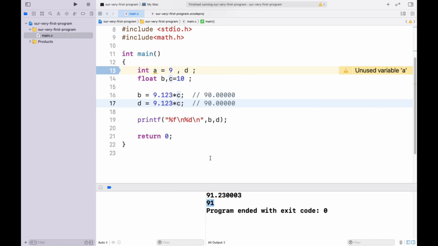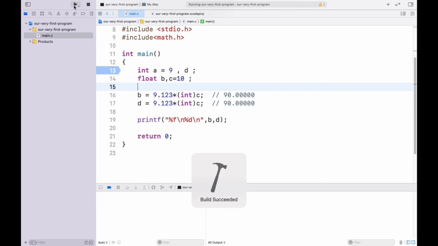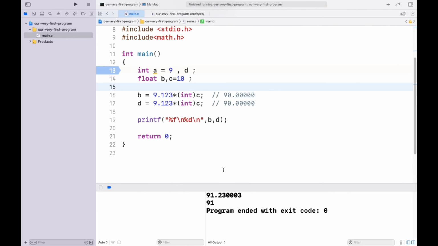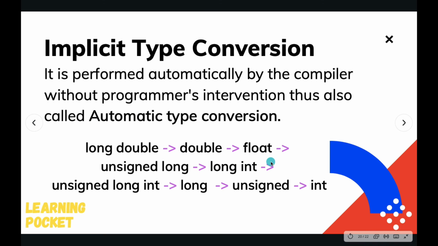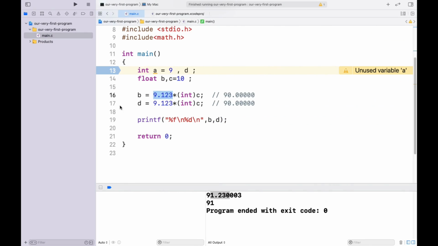So let's convert that into integer type. Again we are going to get a result of 90.123. Why are we getting 90.123? This is a floating type constant, and a floating type constant has more precedence than integer type, as shown here itself. Floating point has more precedence than integer type, that is why it is getting converted into a float number.